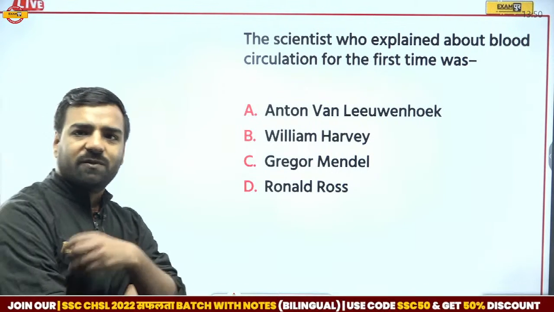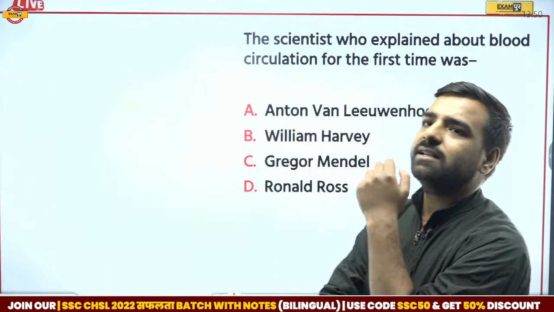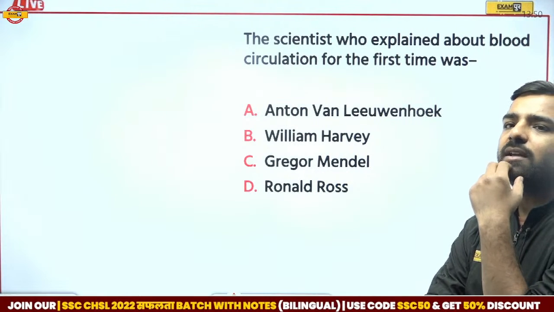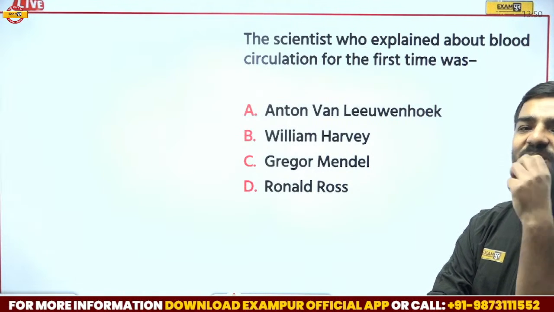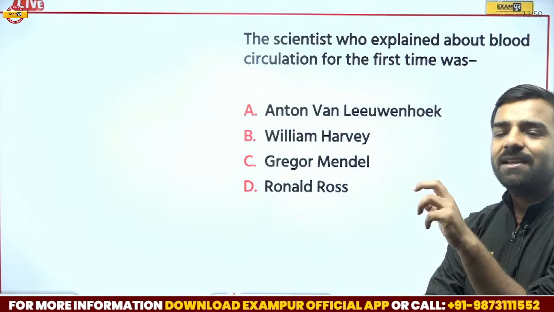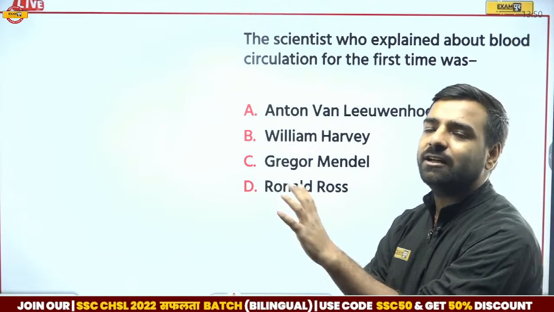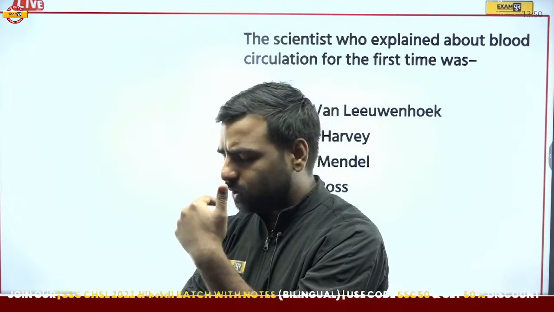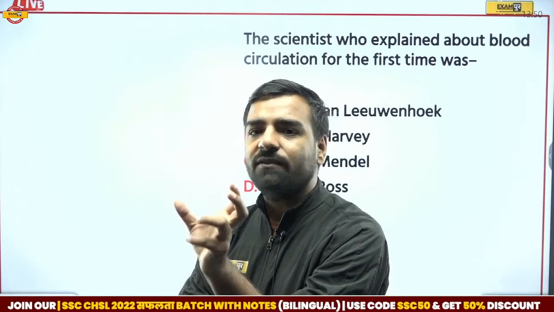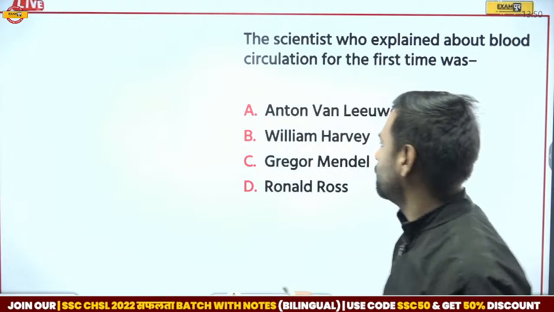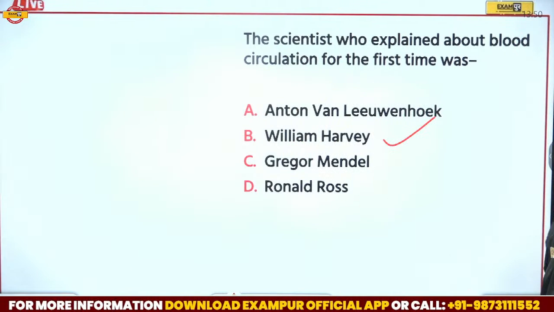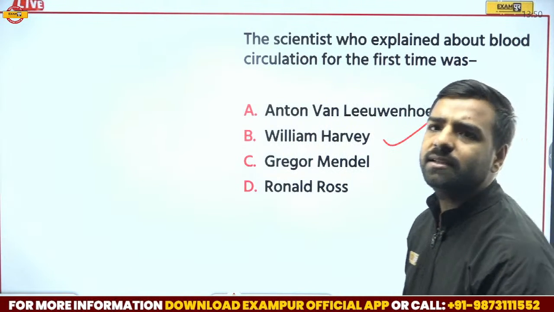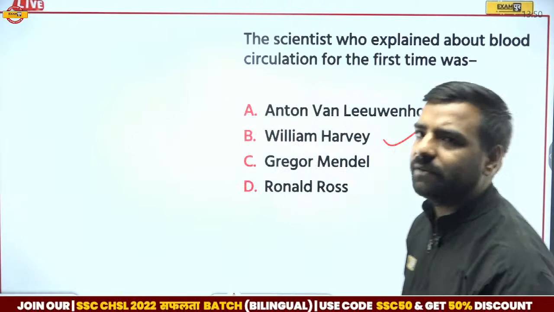Yes, so Avan is the first one to answer this, and he has given the answer, so it would be William Harvey, and that's totally correct. William Harvey was the one who experimented on the horse, and finally gave the conclusion that whatever the circulation is, that was given by William Harvey. Okay, so that's totally correct. William Harvey is the correct answer here. So Jia, Kirti, Jagdishan, Avan, everyone was correct.